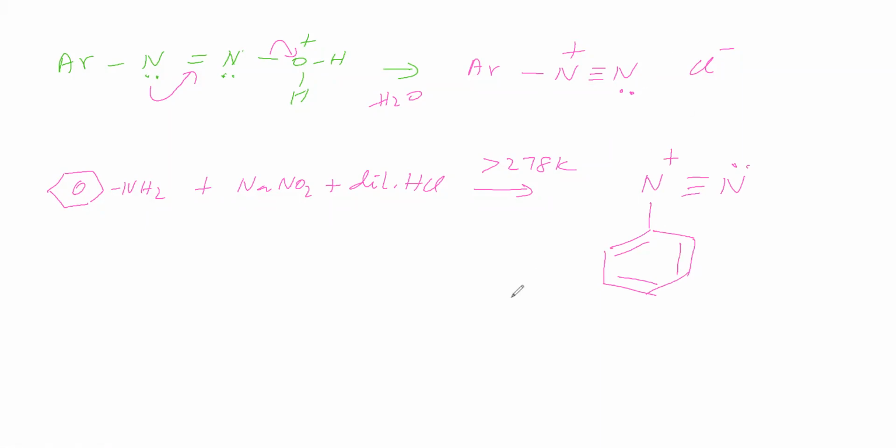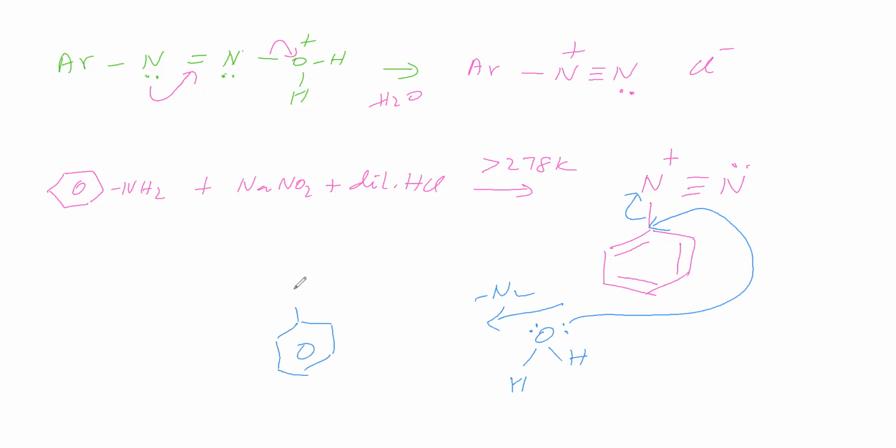So what is happening here? This is becoming unstable, so this bond is shifting towards this side. That is supported by the water molecules present in the reaction medium. Therefore, the oxygen of this water molecule is attacking and N2 is leaving. So N2 left, and we got OH2 here, with oxygen getting a positive charge. Now H plus is leaving from here, so we are getting phenol. So don't keep the temperature greater than 5 degrees Celsius.